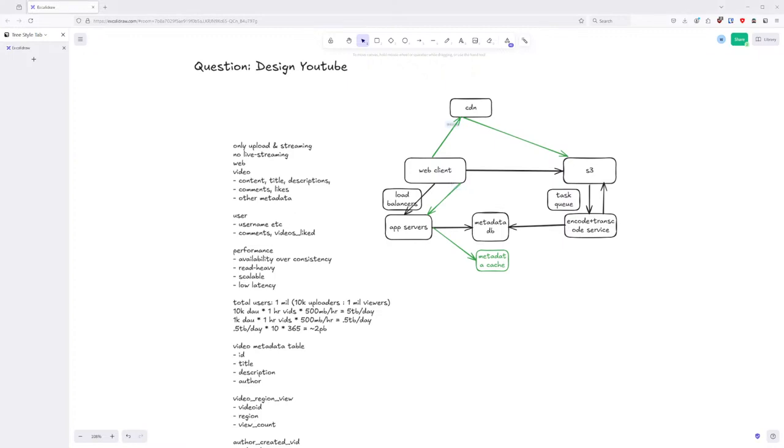Should I ask for the requirements on scalability and latency at all, or should I just... Well, what I would say is: do you prefer, should we focus on availability or consistency? I just confirm this is read heavy. What's the read ratio? You can ask this kind of stuff, and then you pause and say, oh, okay, is there any other performance requirements I need to take care of, right? Okay, okay.